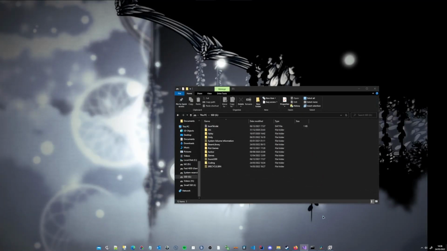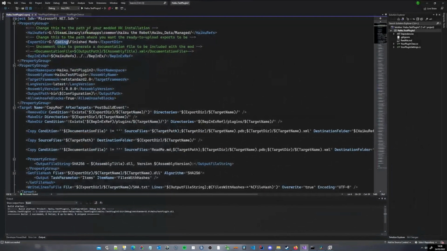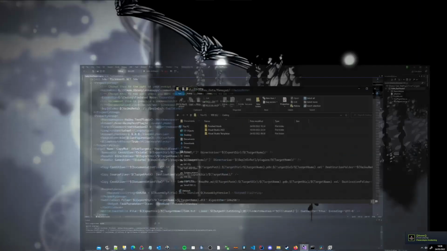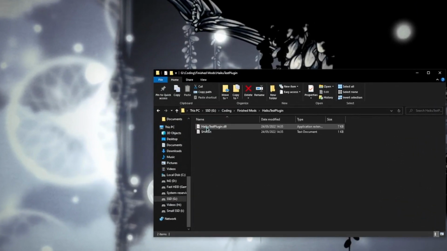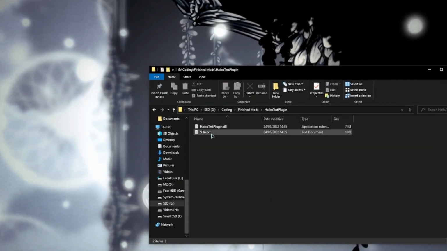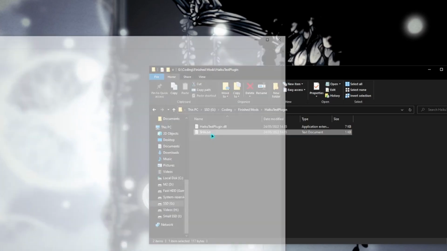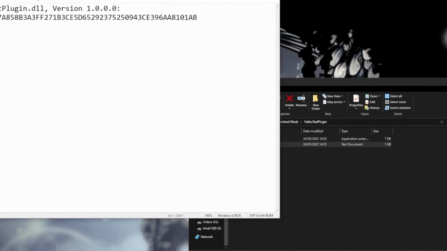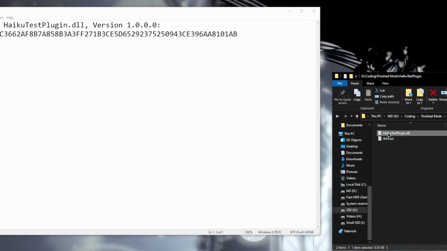I'll quickly explain to you how you can get this mod onto the mod installer Scarab for Haiku. You go into your export tier that you put here, which is for me coding finished mods. And in here we have a shard.txt file. We also have the alpha of the mod.